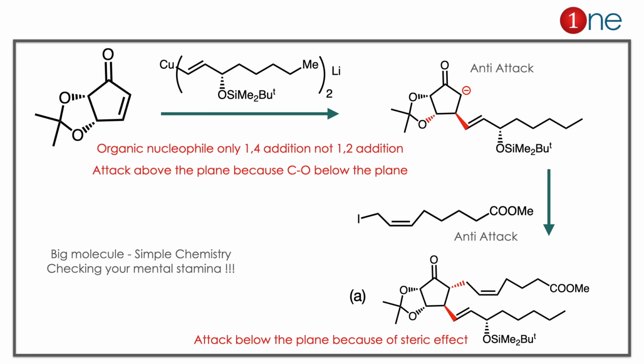Here for simplicity I directly wrote the charges, but you can write it as multiple steps. Then you have a negative charge. So where will the iodine compound attack? The iodine compound attacks on the charge, and you have the product formation with a new CC bond. But the attack will be on the opposite side of the methyl because it is also sterically positioned there. So to avoid the steric effect, it is formed below the plane, which is anti to each other. So the answer is clearly A.